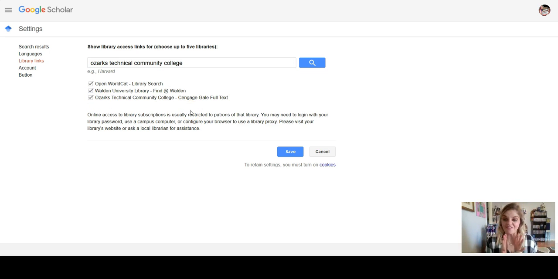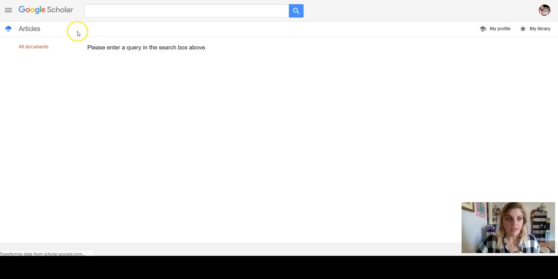Now, this is a great feature if you happen to be a student and a teacher, or your brother's a student at another school or whatever, and you have legally obtained access to maybe use that library in some capacity. And you can put multiple libraries in here and really tap into a huge repository of information. So once you've got your library set up, you're going to save that, and then we're going to go back